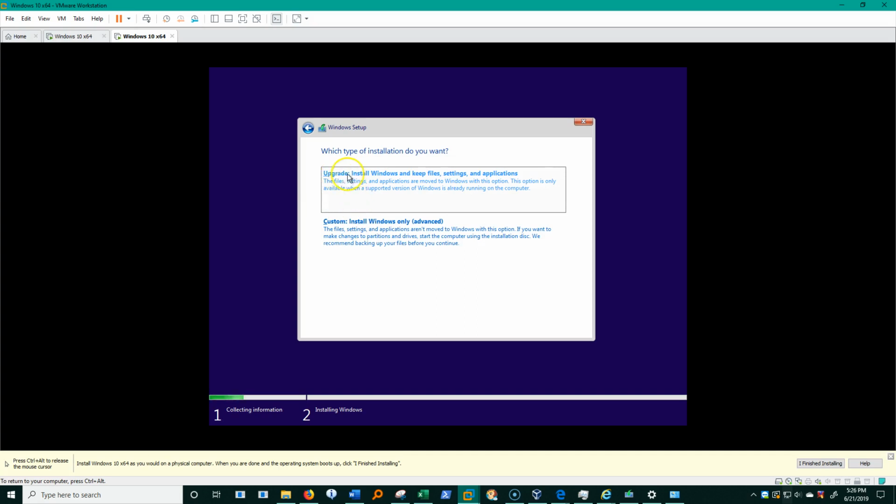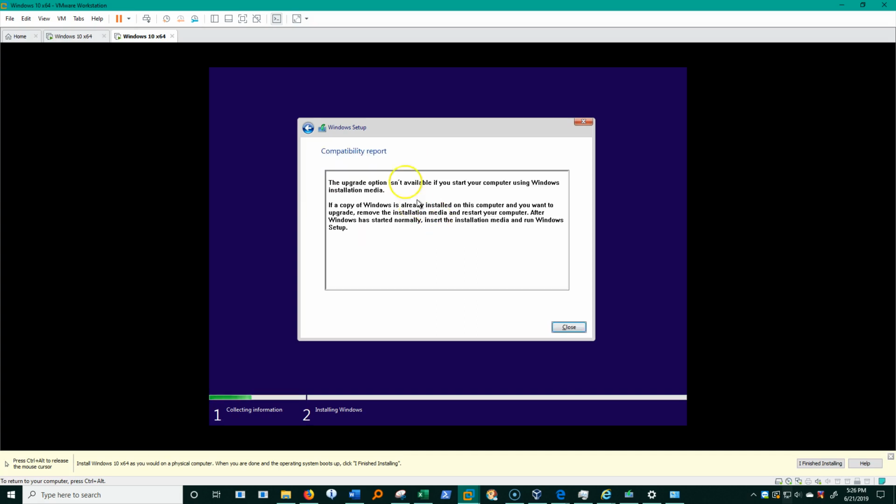If I choose upgrade, let me just click that. What I get is something called compatibility report, and it says, well, you can't do that. I get an error message essentially that says, no, you cannot do an upgrade from here. Why? Because I booted directly to this DVD first and then tried to install it. So no, that's not allowed.